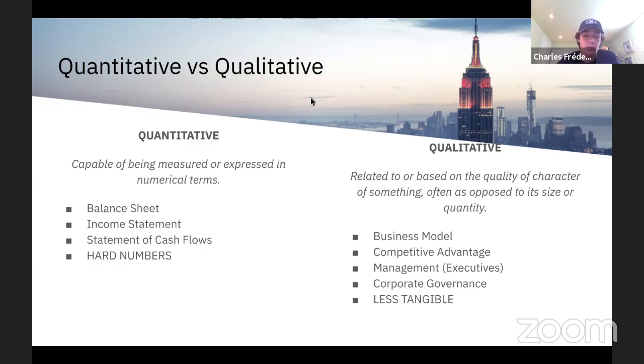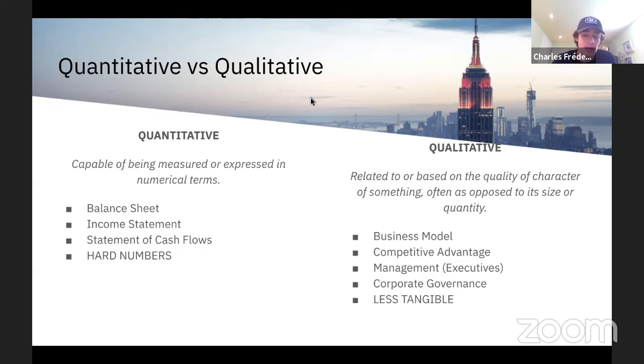But also, what differentiates fundamental analysis from other types of analysis, technical for example, is that we're really looking at qualitative measures. So the business model: it's not something you can count, but it's something you can analyze. Competitive advantage: for example, Amazon's advantage in the whole market is that they have the bigger share and also more resources than, I'd say, Walmart, which is selling online as well. So for the online business of selling a lot of goods, Amazon has the competitive advantage versus Walmart.